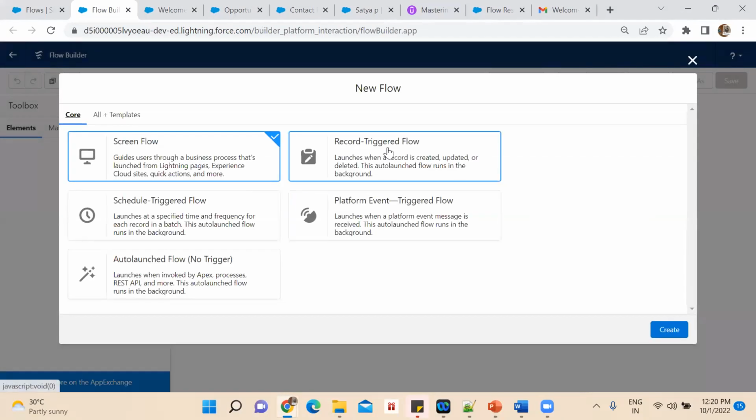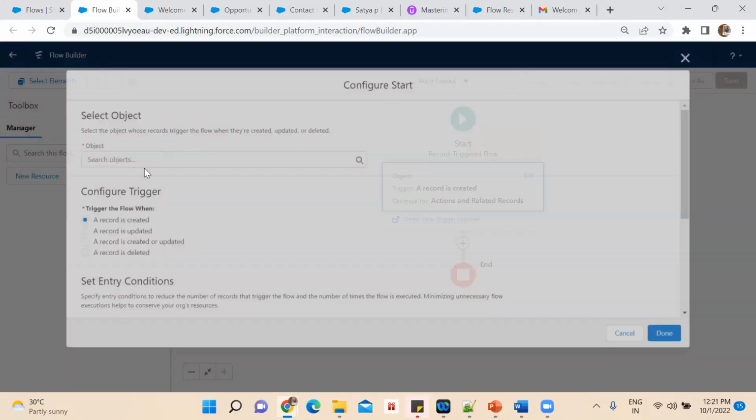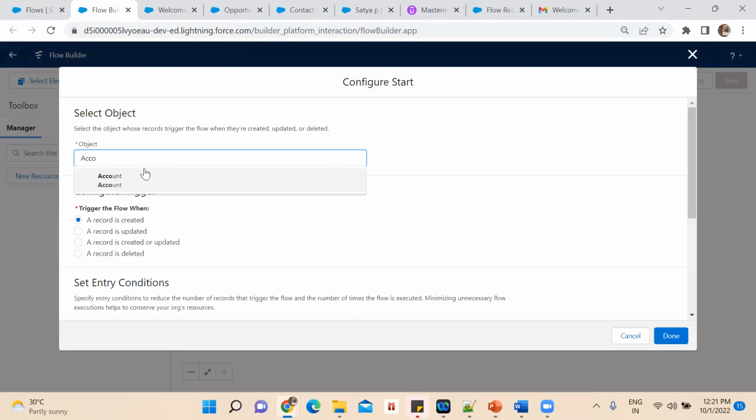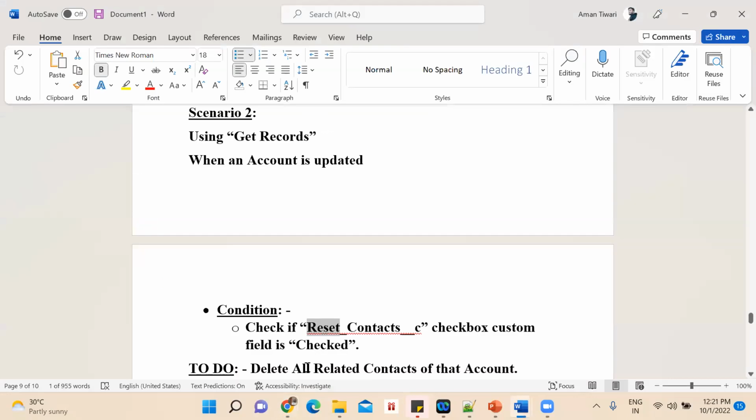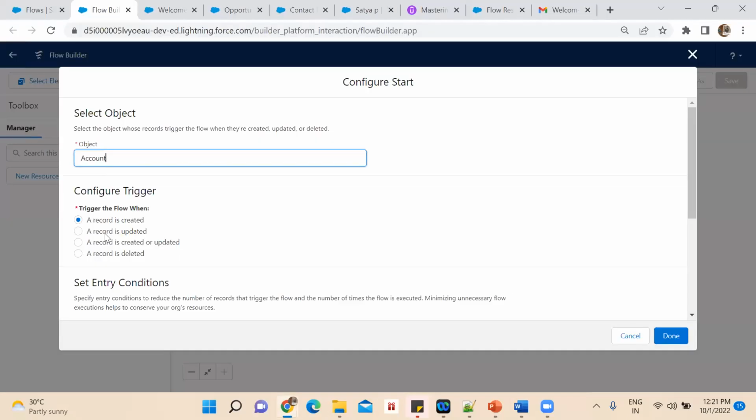I will again click on new flow. I click on record trigger flow and I want it to fire on the account object, account. And I need it to fire when an account is updated. So I will select this option, a record is updated. So we have seen this particular trigger option, this option. Now we are seeing this, and at the last I will show you this option. So if you see here,